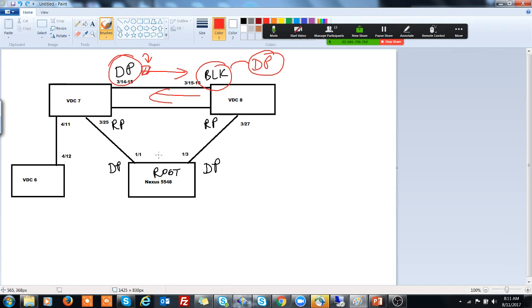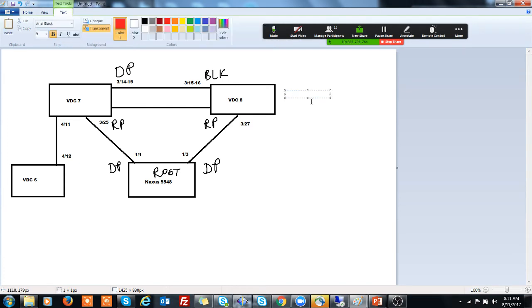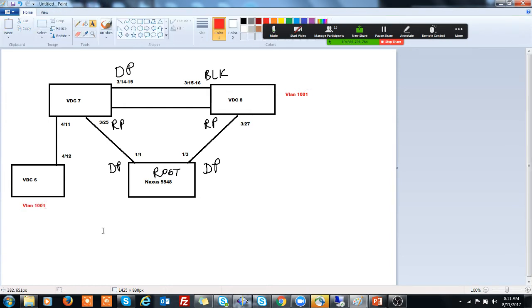So we'll first of all see the loop environment. What I'm going to do is create an SVI just to check the traffic flows. So I'll create an SVI on VDC number 8, particularly for VLAN number 1001, and I'll create another SVI for VLAN 1001 from here, so that I'll see the loops. Probably we can witness it, but actually in the Nexus devices there are backend solutions like control plane policing, which basically resolve this kind of problem, but still you do have the loops in the environment.